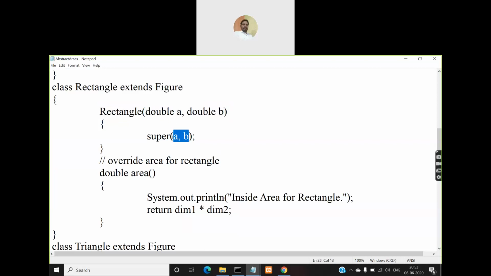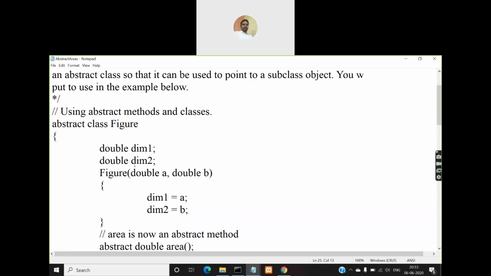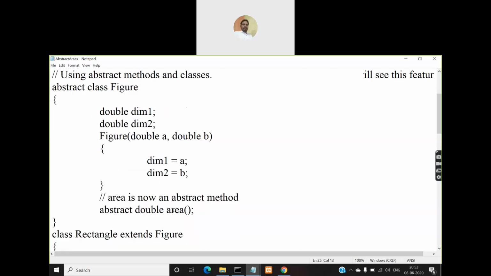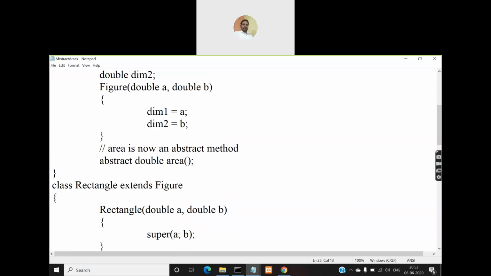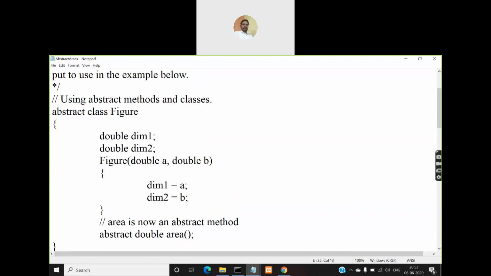Then that constructor will be invoked, and dimension 1 and dimension 2 will be initialized with those two values a and b, because when you make a call to super by passing a comma b, this a comma b will be copied into the figure constructor's a and b parameters respectively, and those a and b will be initialized to dimension 1 and dimension 2 instance variables of the class figure,